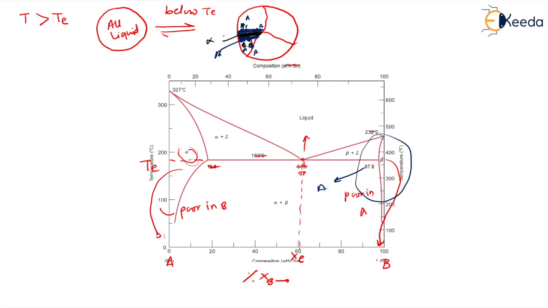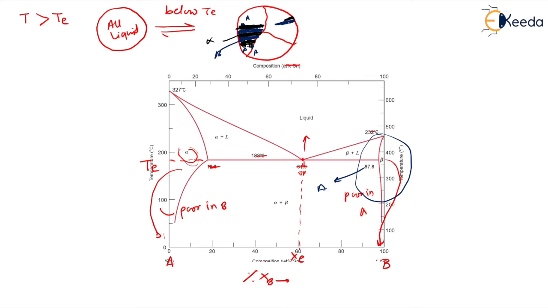So definitely the surrounding medium is now rich in A, and that is the reason why again the alpha starts nucleating, isn't it? So see here, from here again alpha starts nucleating, and here also the alpha. If I take some other grain, here I nucleated alpha first. So maybe there is growing of first beta. Sorry, beta is in blue color. So some beta has started nucleating.